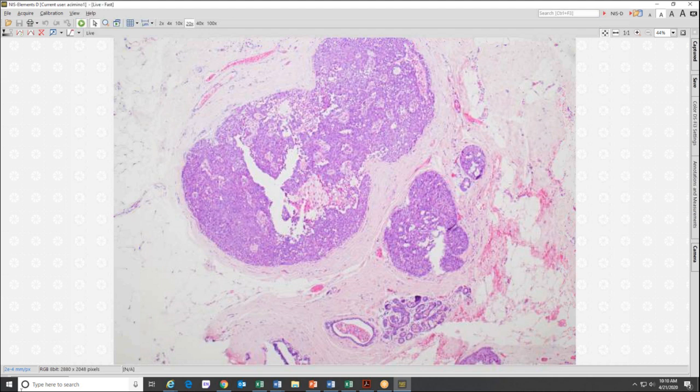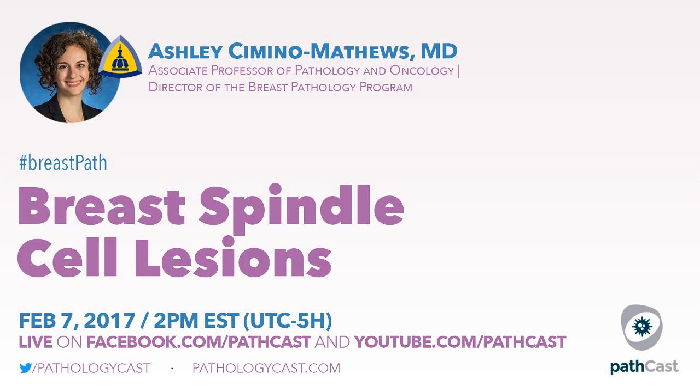So at least 2. And we like to use P63 because it's an epithelial and a nuclear stain, as well as smooth muscle myosin heavy chain for a smooth muscle-like marker. The muscle markers that I would recommend are smooth muscle myosin heavy chain, calponin, and smooth muscle actin. They all will label the myoepithelial cells. The issue is they all label to some degree also the myofibroblasts,